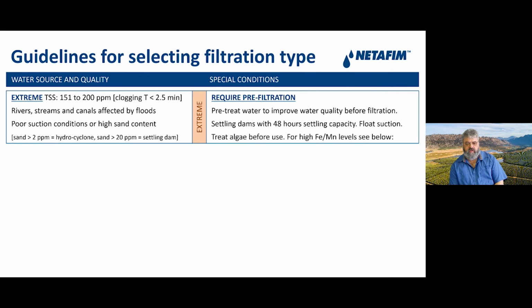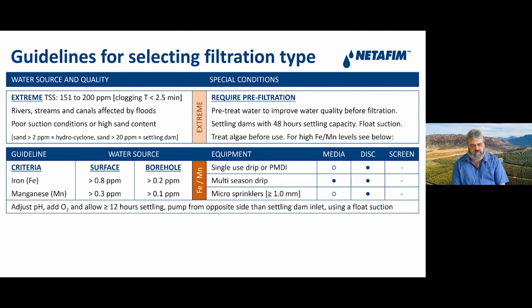protecting the system. We talked about treating algae before the use on the previous slide as well, with screens or rotary screens. And then if we have high iron or manganese levels, we will take care of it before the filter as well. Because normally the iron will not be a problem, but as soon as it oxidates, then it becomes a fixed particle, and then it can create clogging for you. Or it can be food for algae to grow on, and then the two together can create